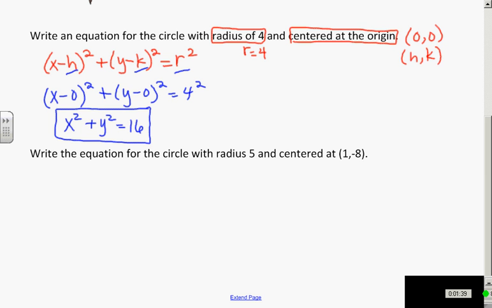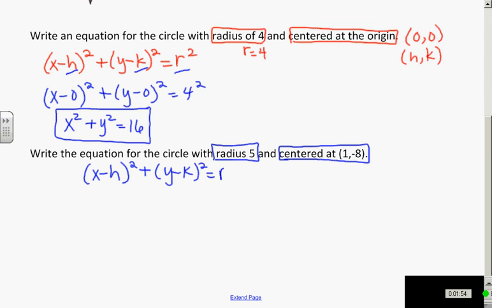Now, if we look at another example of radius 5 centered at (1, negative 8), and I think about my generic equation, this is on your reference sheet. Now, my h is 1, my k is negative 8, and r is 5. So I have (x minus 1) squared plus (y minus negative 8) squared is equal to 5